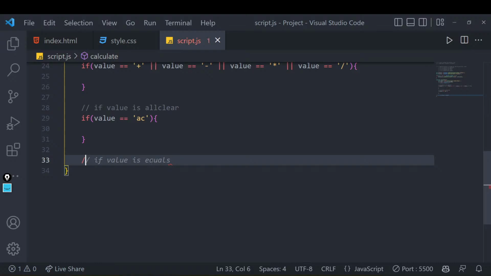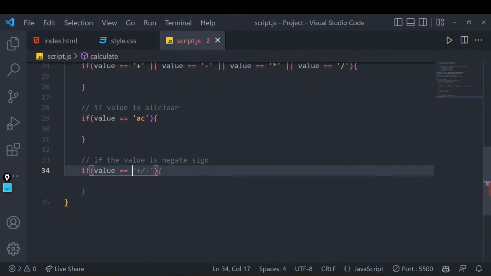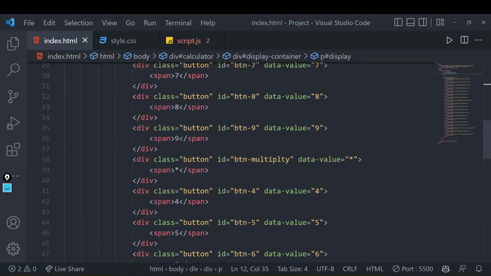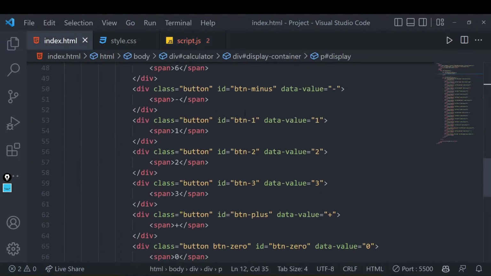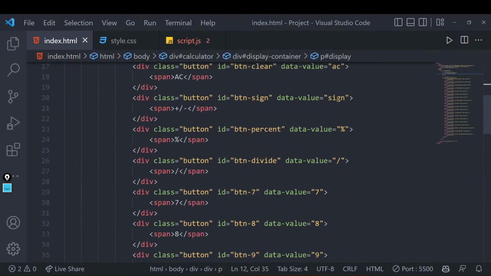If the value is negate sign, what is the value that we are passing with that? Where is that button? Yeah, we are checking the sign, right? So if we click on this thing, we will have sign in our value.